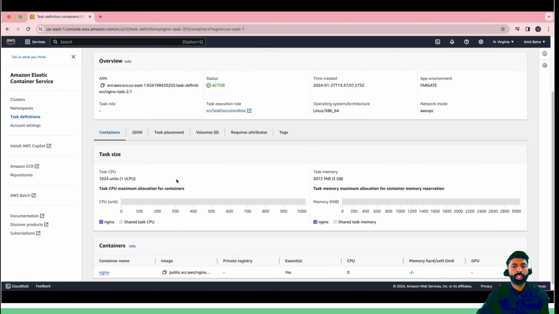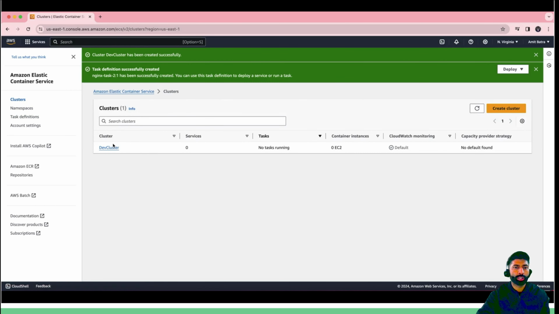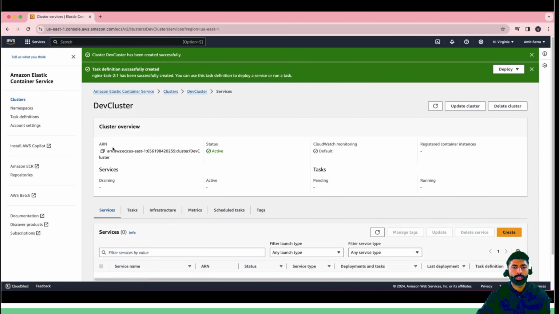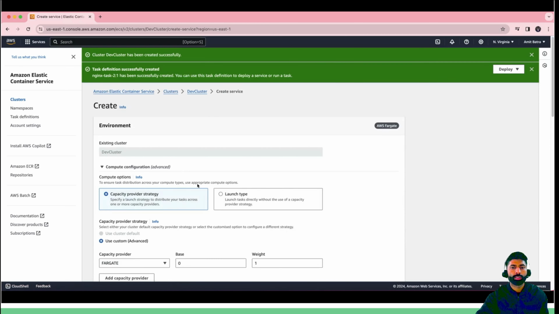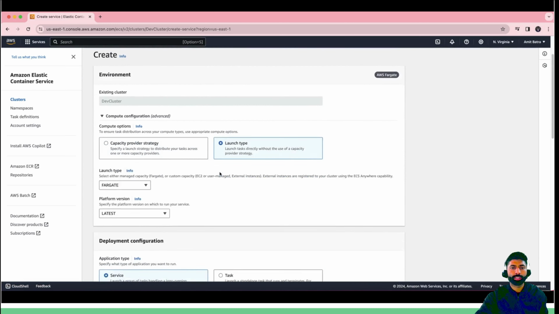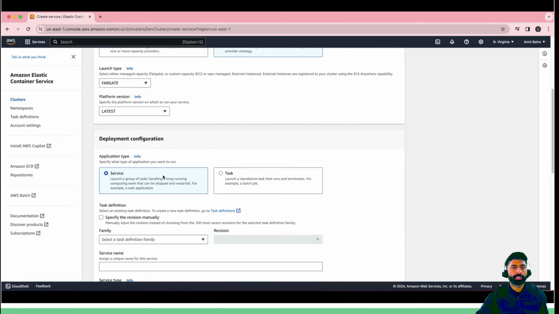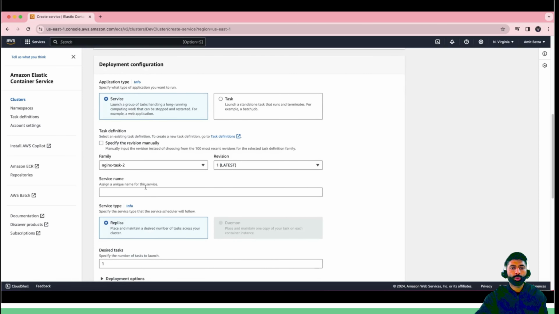Now, we are going to create a service in that cluster. So we're going back to the cluster and we're going to the services. So we are going to create a service here. We will use the launch type compute option of Fargate. Leave the platform version as latest. Here we are selecting the task definition which we created, so Nginx task 2. There's only one revision, latest, so we'll leave that as default. We'll provide a service name,